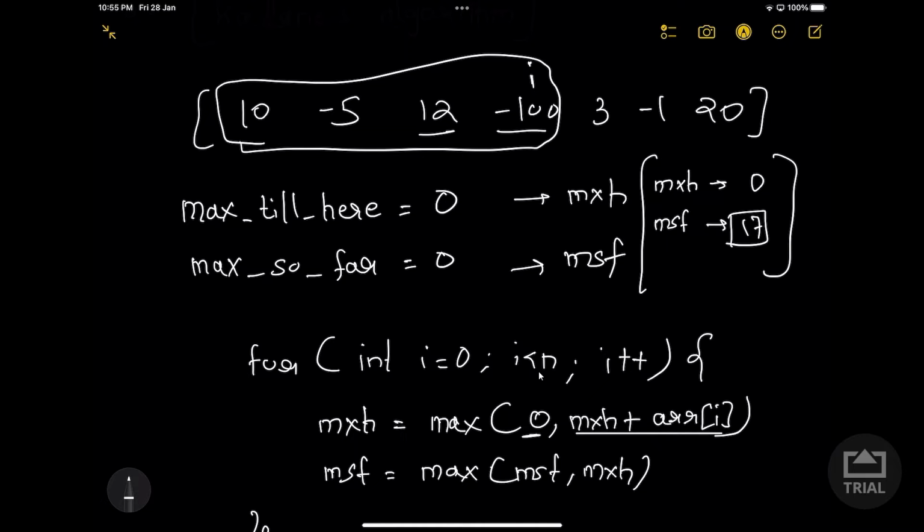So mxh will be now 0 and msf will be 17, so our i will come here. Now we will check mxh plus arr of i, which is 3, so it's greater than 0, so we will again store this, and msf will remain 17. Now I will move on,